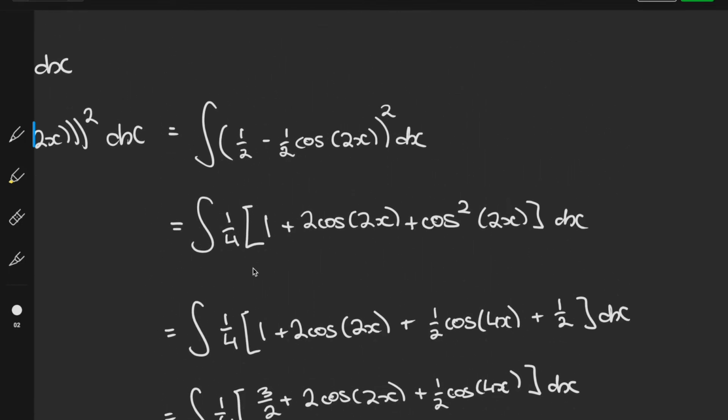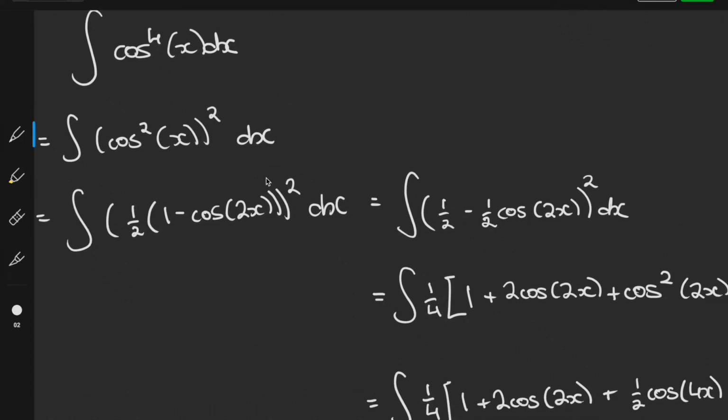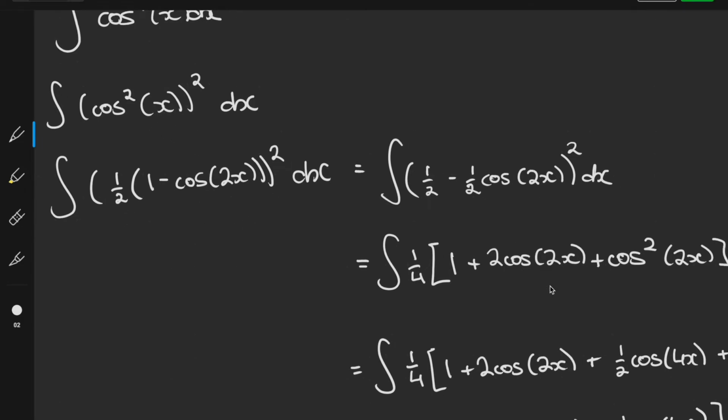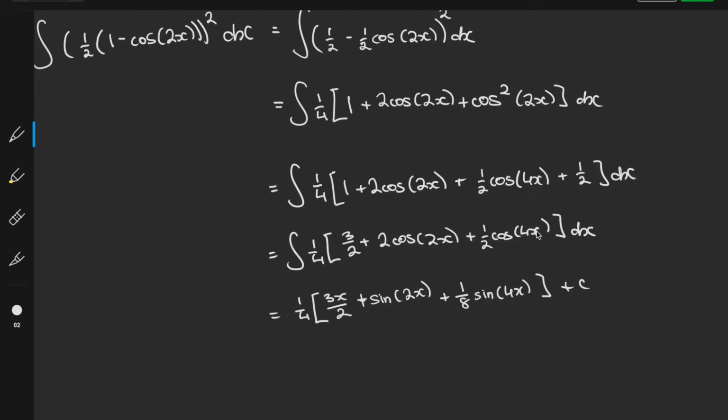So that's usually the general way that we're going to do these. So if we have a 4 or a 6, you'll most likely only see a sixth power, nothing higher than that, because otherwise it just gets way too long to viably do. We'll get it into the form where we can use the double angle formula, expand, use it again, and then just integrate it normally. So I'm just going to get rid of everything on the page, and then now we're going to have